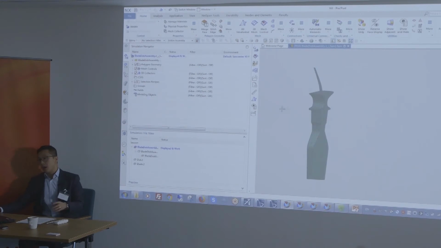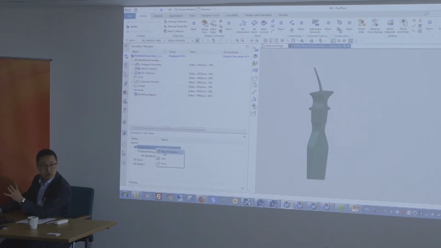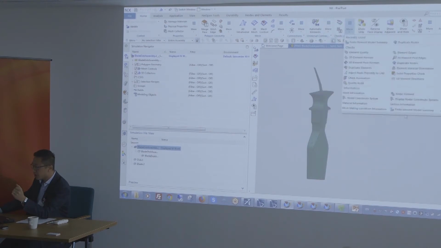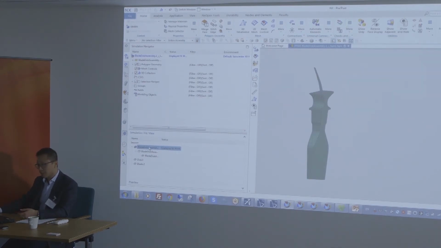Okay. Material library, I think I've already covered it, so in this case, I'm not going to go through it again. But let's say my mesh is okay, very rough, but let's say it's okay. Of course, there's a lot of different checks we can do, right? We can look at the material directions. We can look at the total mass, number of elements, especially when you want to look at scalable solutions. You want to look at how many degrees of freedom you have in your model, right? So this you can analyze directly from there.